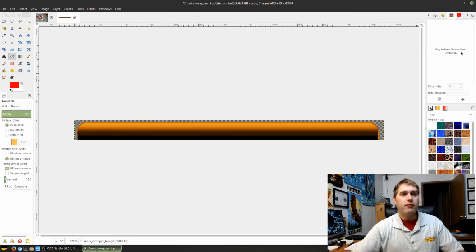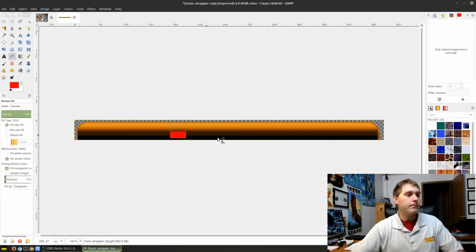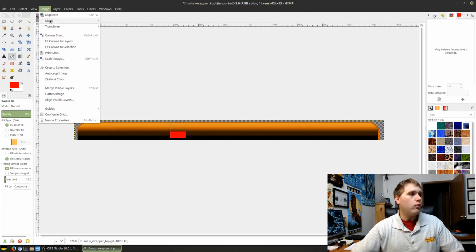Now it says over here, only indexed images have a color map. I can't talk today. So now if I try and do the same thing, now you'll see that I get my red color. Okay. So make sure that you are working within the constraints of your image modes, RGB, index, and the other